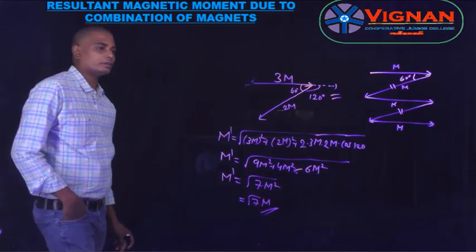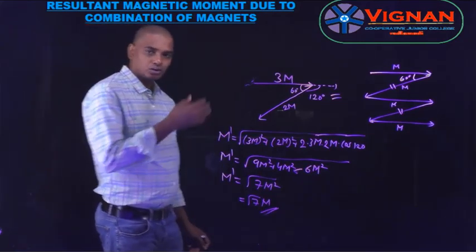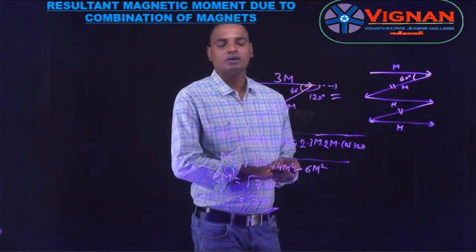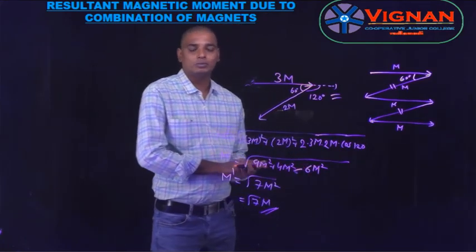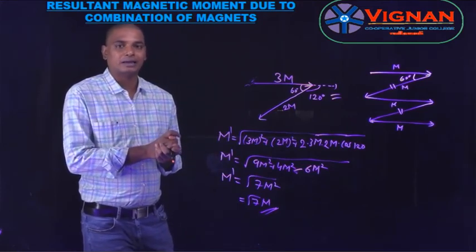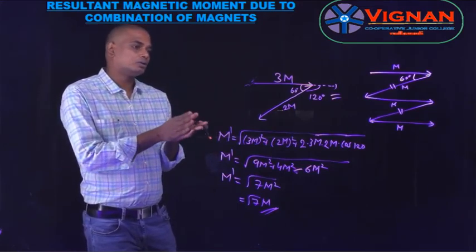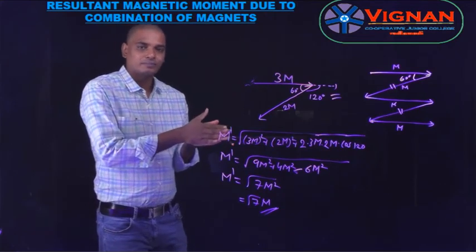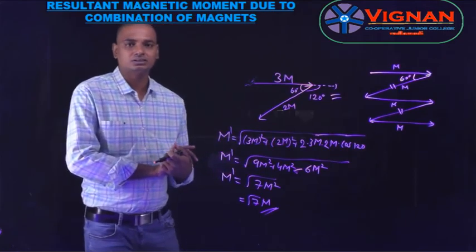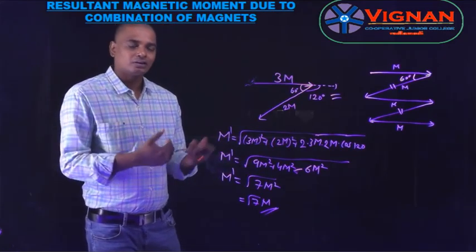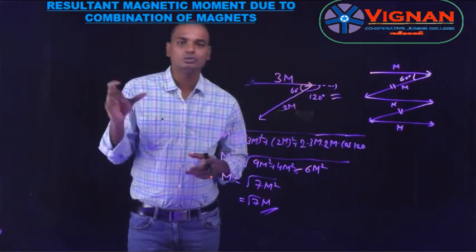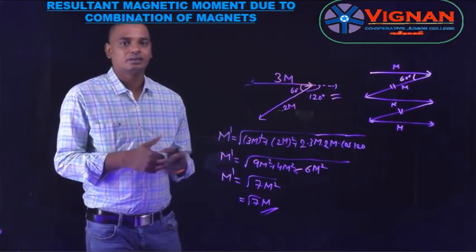Okay, the question can be solved like this. So I think you are able to solve whenever the magnetic dipole moment is from a combination of different bar magnets placed one above the other or at any angles or any shape. I think you are able to solve from this session. In our next video, we will see a combination of one bar magnet and a U-shaped magnet.